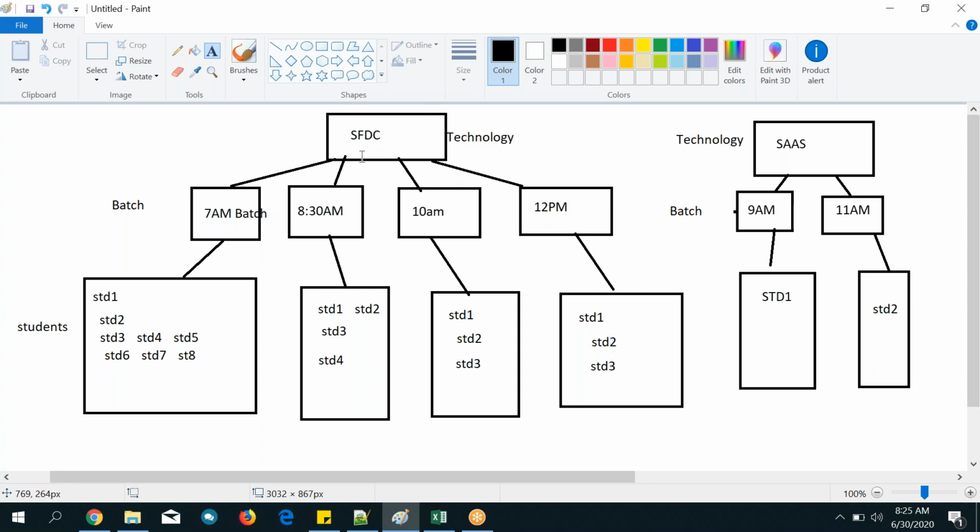Good. Now if they click on the batch, they want to see how many students attended the batch, each batch, not only Salesforce, but all batches. See, SaaS batch, Salesforce batch, and AWS batches are there, right?